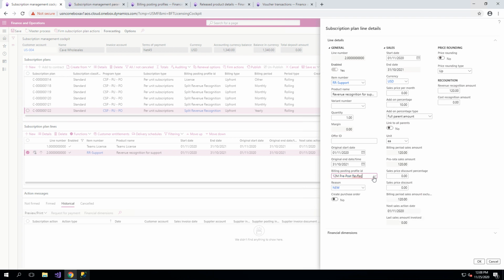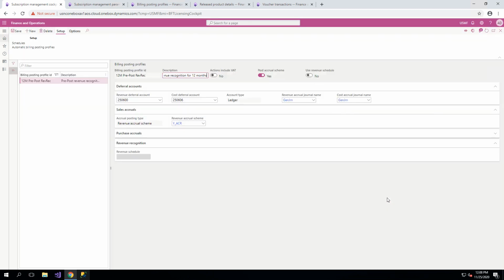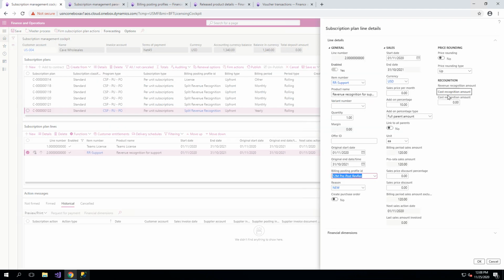So in this case, I've now overridden the billing posting profile on the line level here, and if you view the details, in this case I'm going to post an accrual scheme for 1 year in advance. So that's basically the revenue recognition 1 year for the first cycle for support. So I will do this,